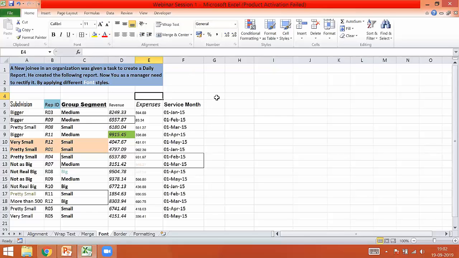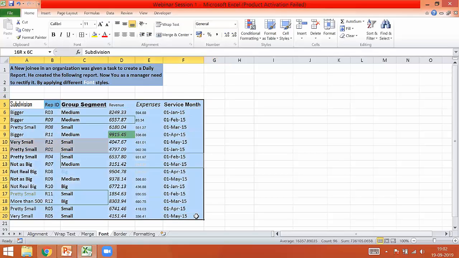First of all, I'll try to adjust this data by clearing all the font styles that have been used. How to do that? There is a very simple function, that is Clear. Under the Home tab, you can see this eraser kind of icon, Clear. It says delete everything from the cells, or selectively remove the formatting, the contents, or the comments. If I just click on clear, it is going to clear the entire text. I'll just show it to you.